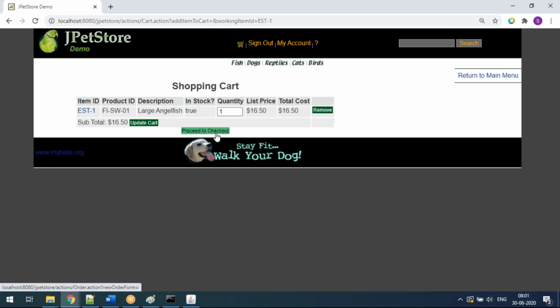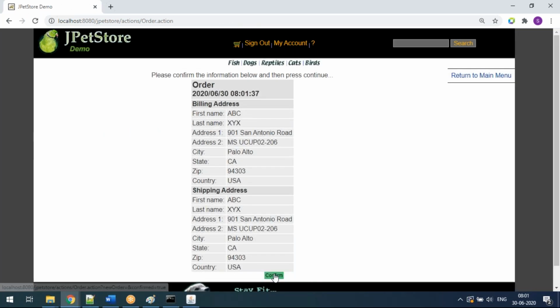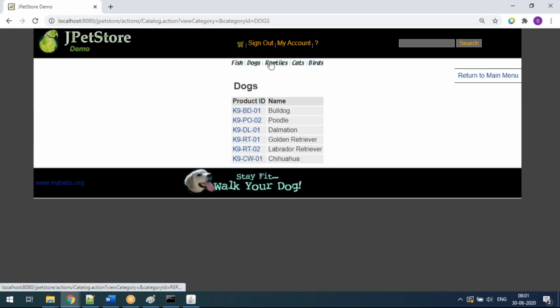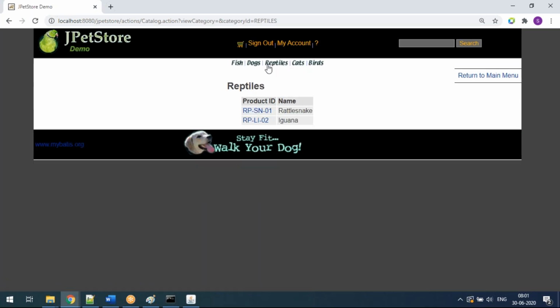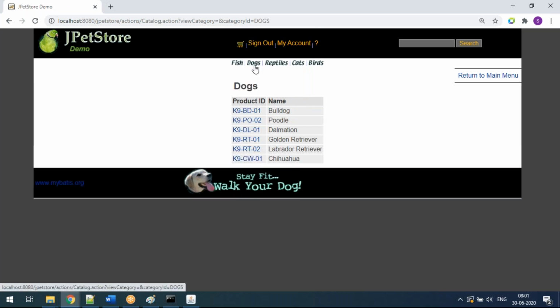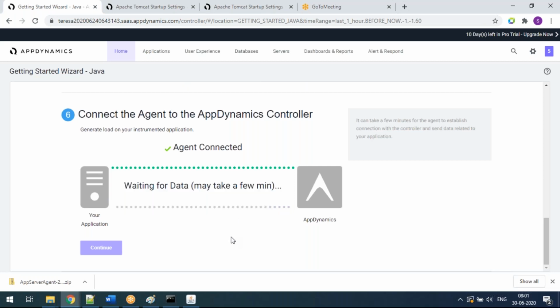Usually it will take 2 to 3 minutes for the data to be refreshed. Some load. Usually, I'll show you tomorrow, I have a JMeter script prepared for this application, so straight away I start the JMeter script and it will work. So you wait for some time.